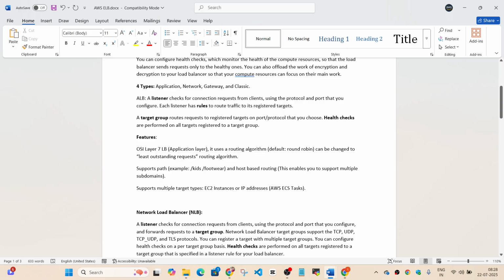Because most of the networking resources align to the features of one of the layers of the OSI model. So this application load balancer is a layer 7 load balancer, which means that it uses all the features and protocols of layer 7 of the OSI model. So that's why it's important to understand what this layer 7 is. I'm talking about the application layer, if you remember from the OSI model. So this ALB uses all the features of OSI layer 7 and it's called an OSI layer 7 load balancer.